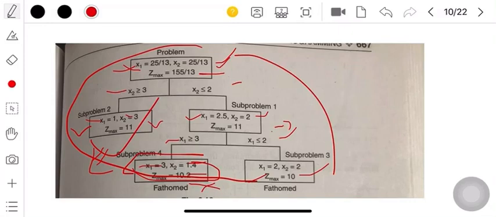Actually it was a simple problem where in the first step we got the solution, but that is not always desirable. Suppose the value is 11 and the value here was z max equals 13, so maybe you will get the solution here or here. So you cannot skip the previous step, you have to solve it accordingly, only then can you obtain the solution.